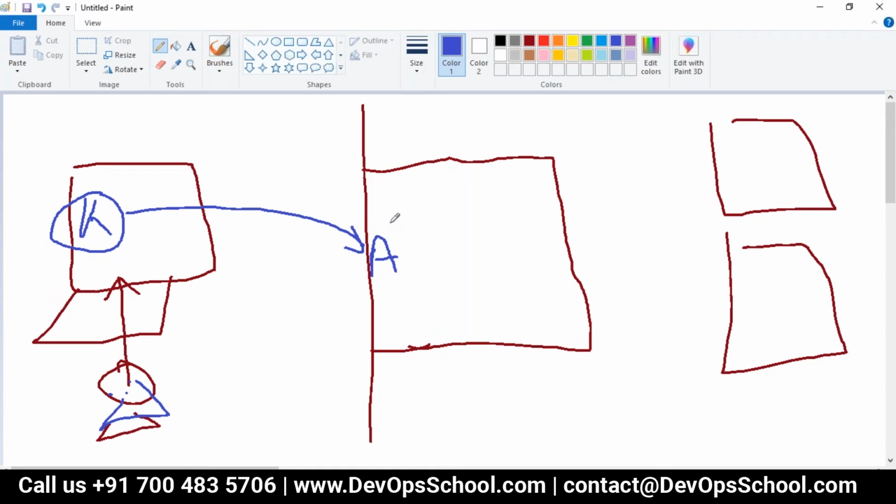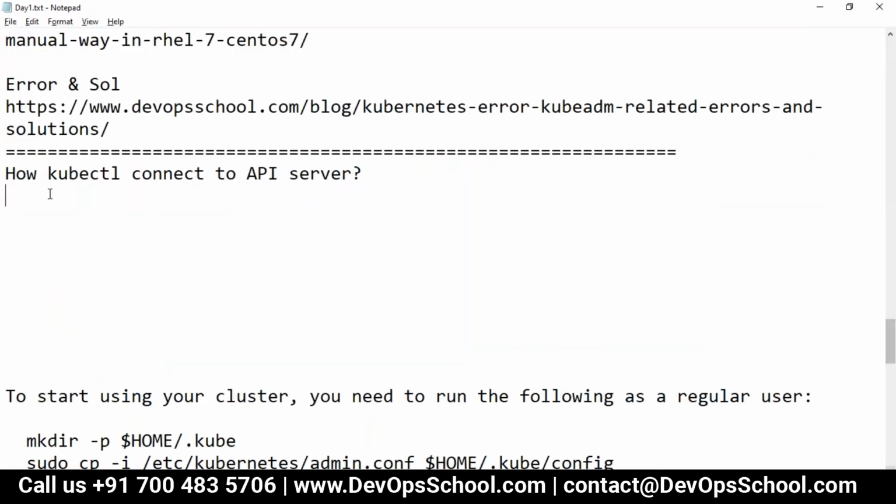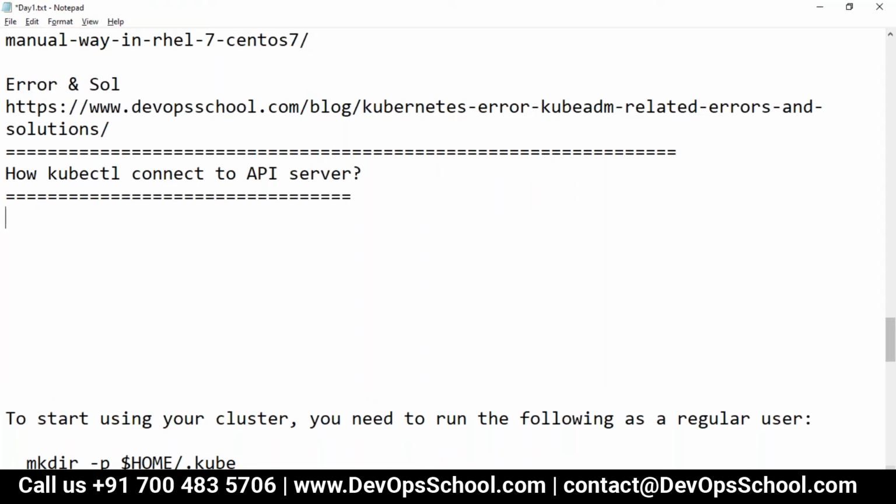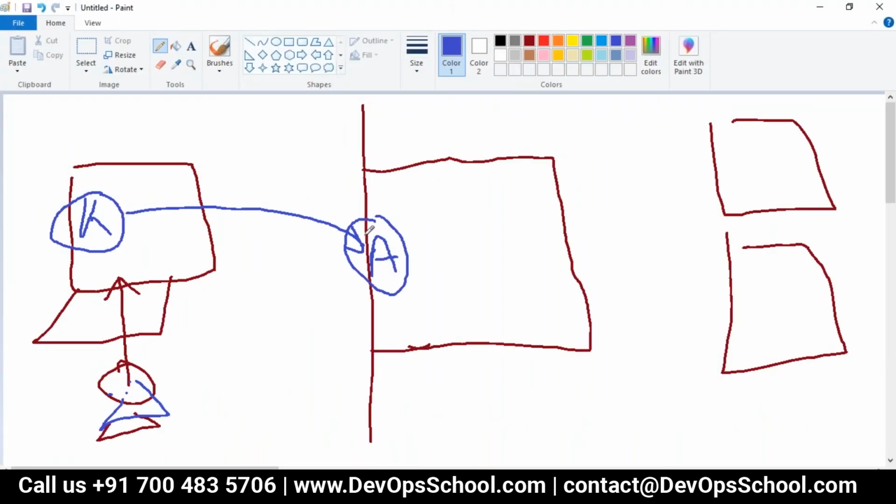So guys, what happens in your machine, in your laptop, you have one tool called kubectl, which you have installed and you are using it, many times unknowingly, whenever you run a command. This tool requires the server address of the API. Not only the address, it also requires a user certificate and a user token. Why? Because that's the way API authentication is done between you and the API server.